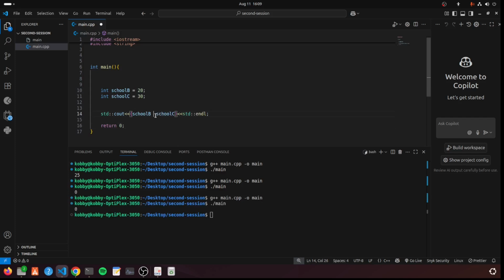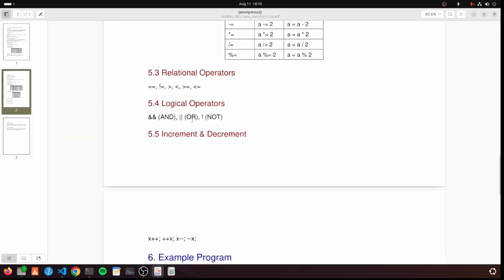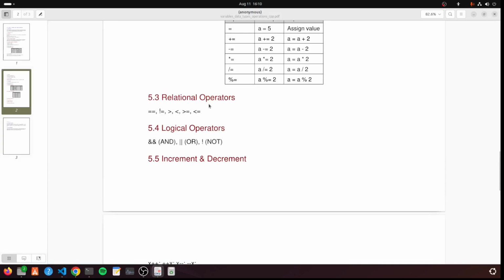Now let's change the sign here. We'll compile again. And now this time we had a true value because school B is less than school C. Okay. That is the use of relational operators. So just make sure you understand that relational operators